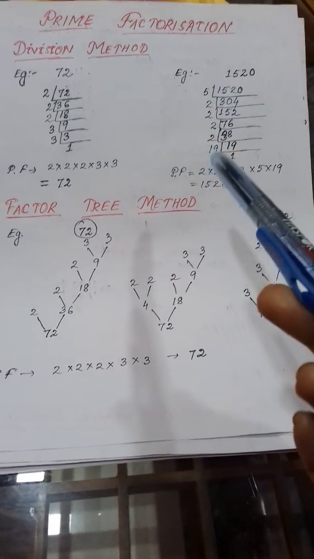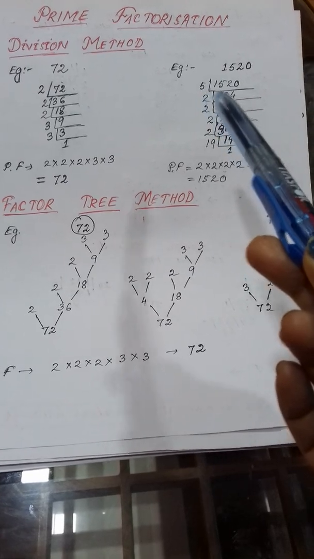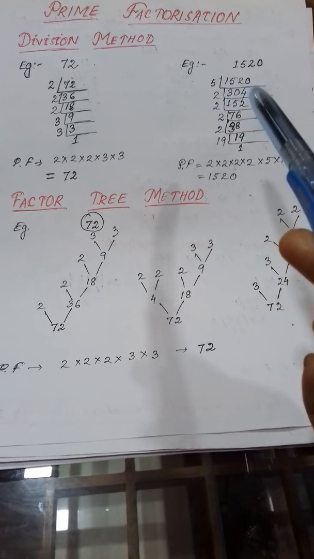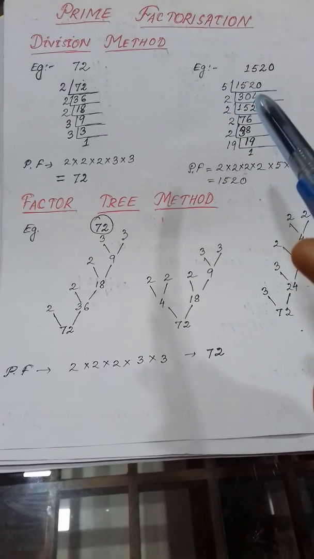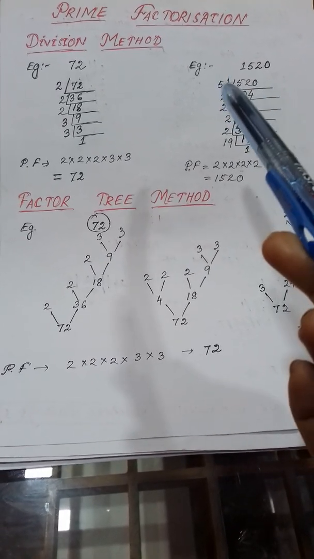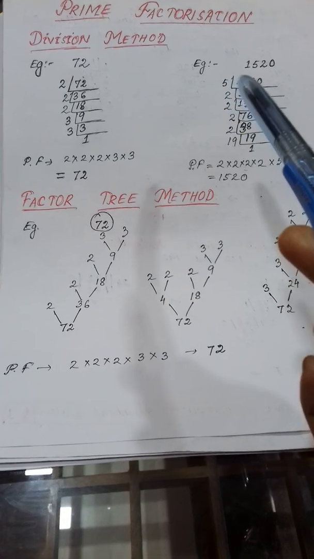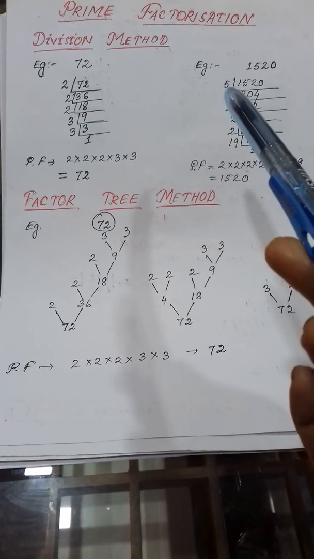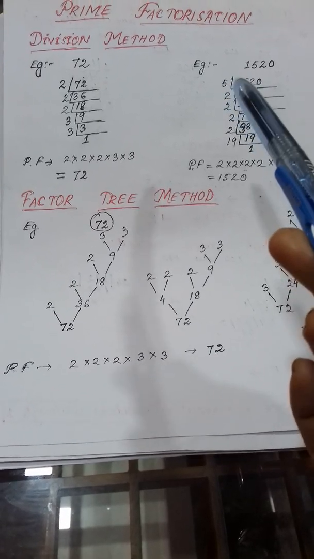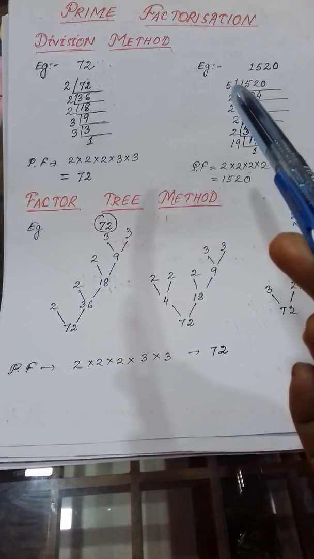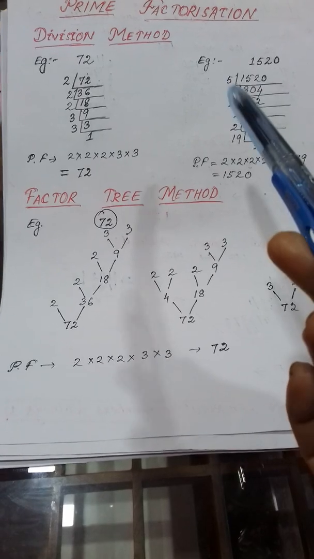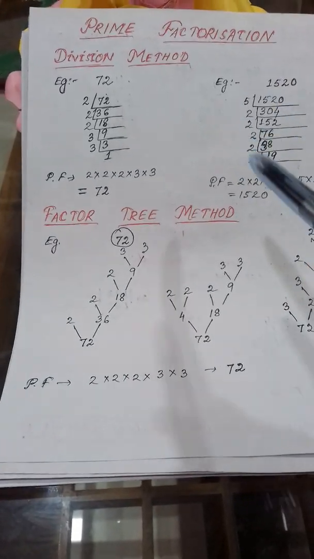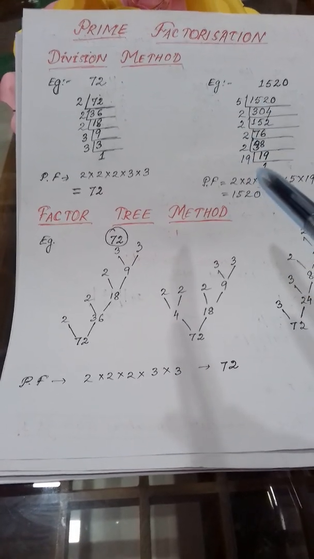You go through it. Here I have started with 5 because its unit place is 0. And this is the divisibility rule of 5. If unit place is 0 or 5, it can be divided by 5. So that's why directly I have started with 5. You can start with 2 also because it is also an even number. So an even number can be divisible by 2. But by whichever you start, your factors will come the same. This one only. Clear or not?